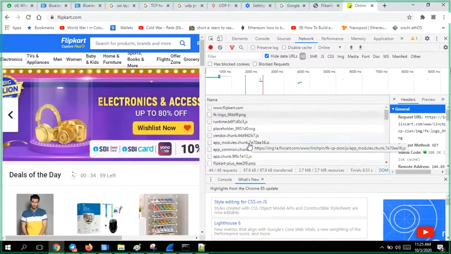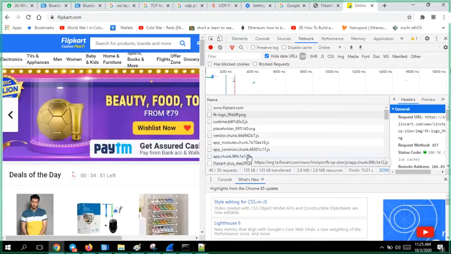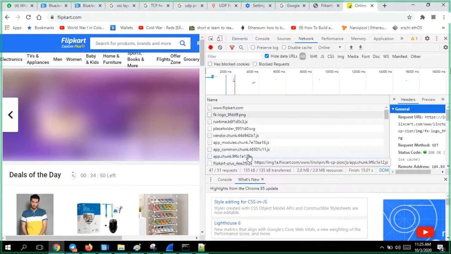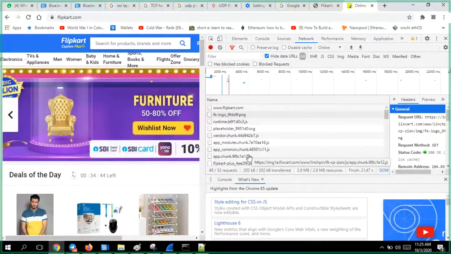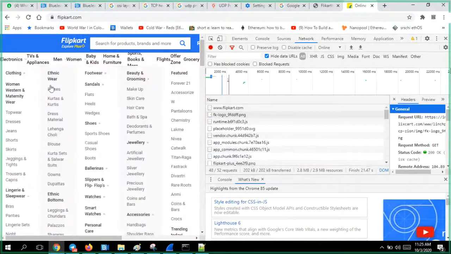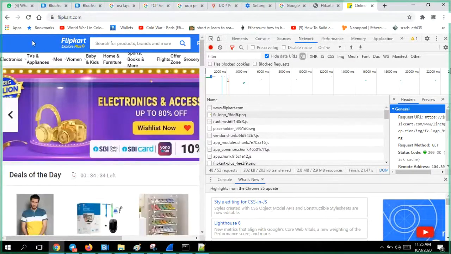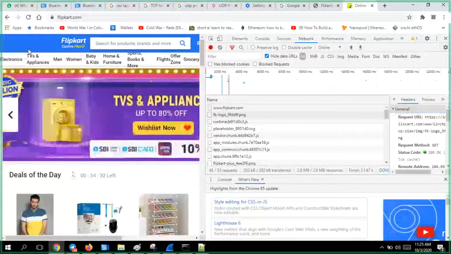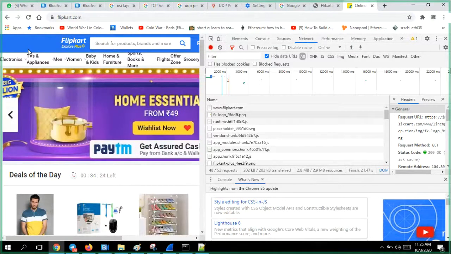These are some JavaScripts. All these things are sent by whom? The server. Don't think that when you ask for only one thing, the server will only send that particular file. No, it will send different kinds of files that support the browser, that the browser requires to display to the customer. Maybe animations like this you won't be able to see in normal HTML. So that's why they might be using some other file to send it.